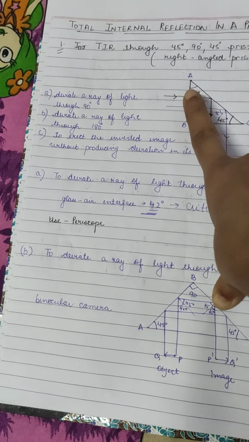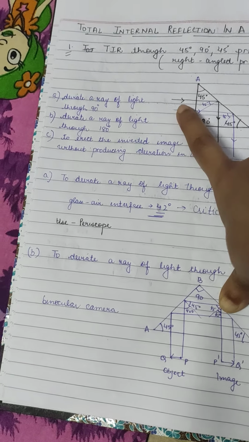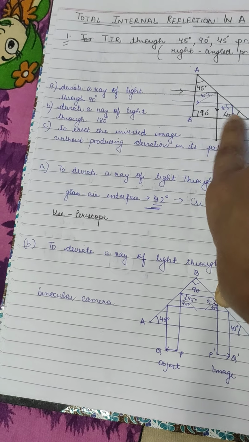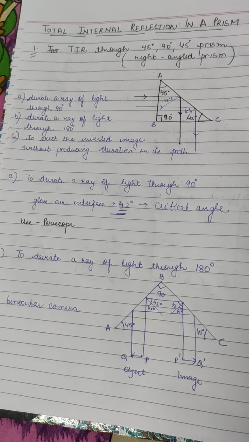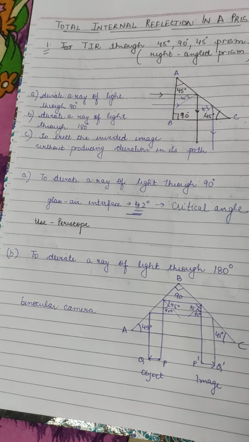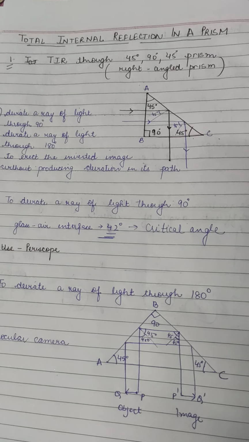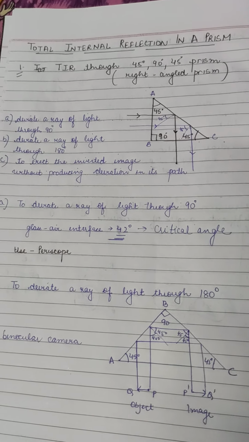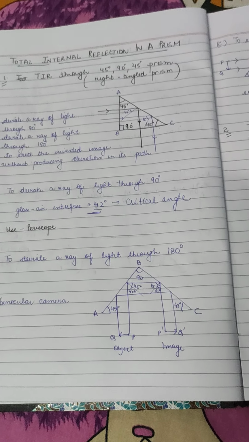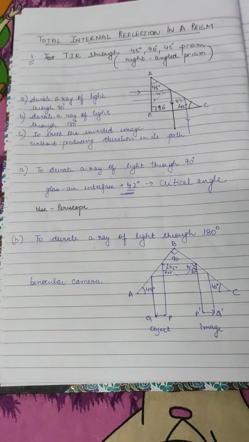In this prism, what happened? Because of this isosceles right angled prism, whatever rays are coming, the reflection occurs at this point, and at these surfaces you are having undeviated rays. Where do we use this kind of prism? We are using this kind of prism in periscopes. In place of a plane mirror, nowadays this prism is used so that you get better images. So the use is periscope, and the name is right angled prism, isosceles right angled prism or total reflecting prism.